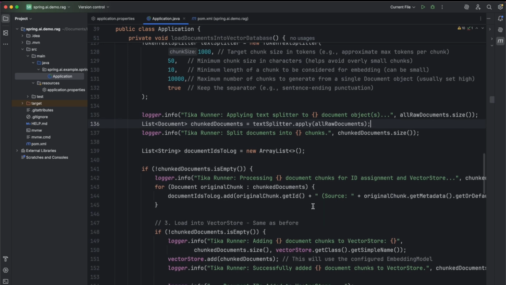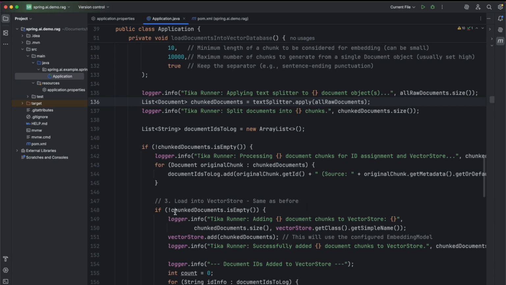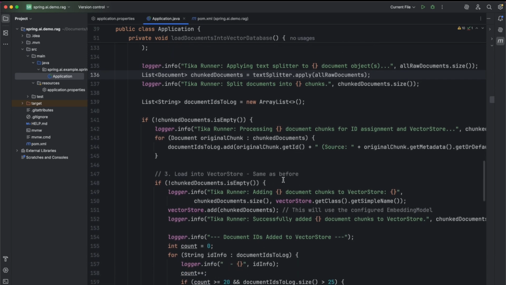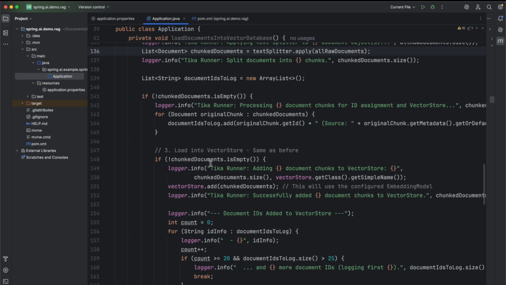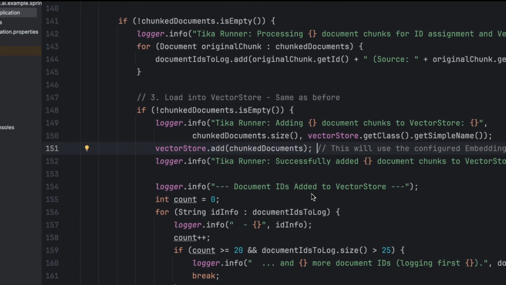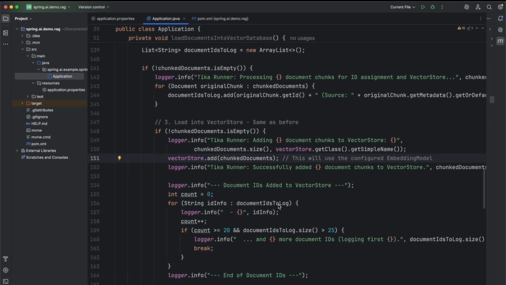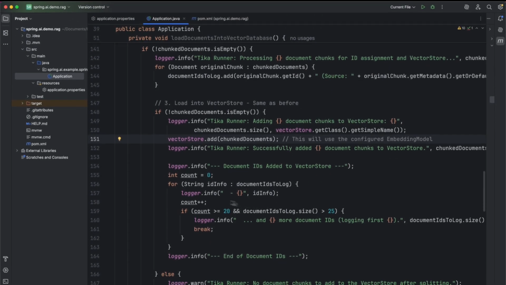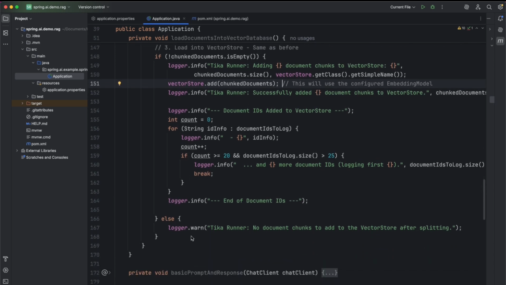This is that add method from the vector store interface that we talked about. This is where Spring AI takes over. Spring AI handles embedding generation automatically. It converts each chunk to vectors using our configured model. These embeddings, together with the original text and metadata, are then stored in the vector database through the vector store abstraction. The logging here is also helpful because it shows how many chunks were added and even some of their IDs